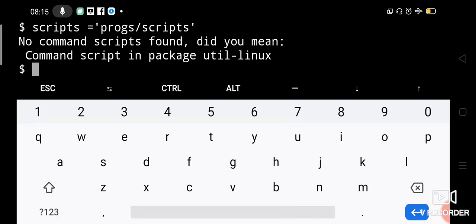Okay, scripts, it may be a built-in variable, so let us change to some other variable.